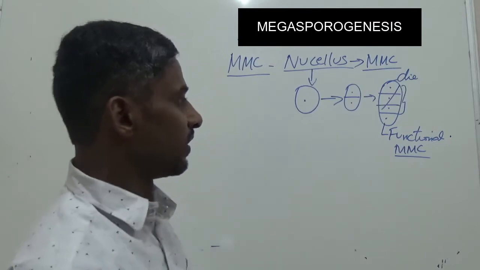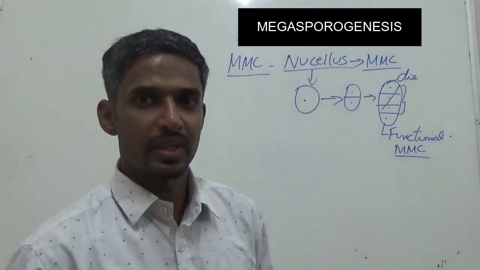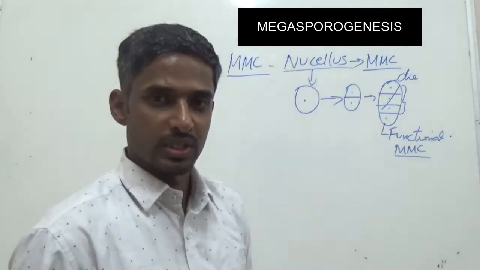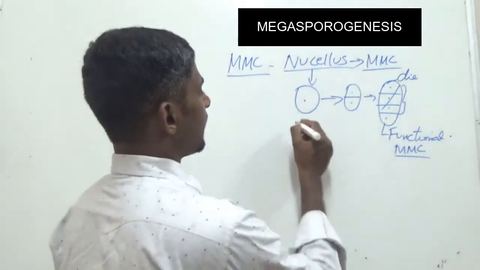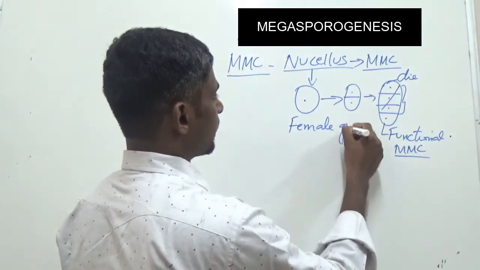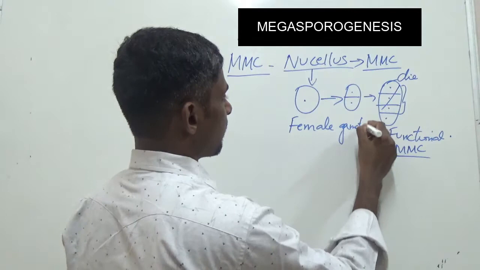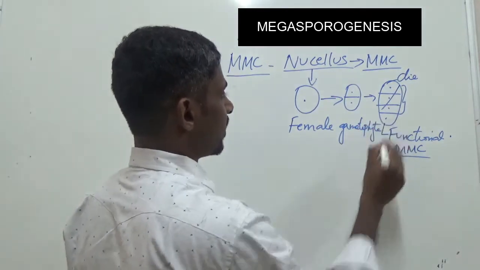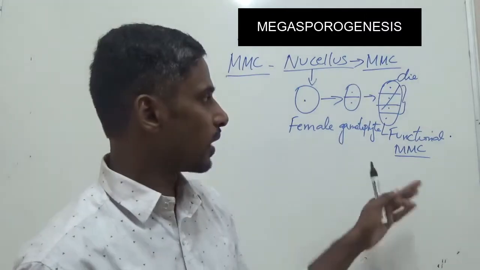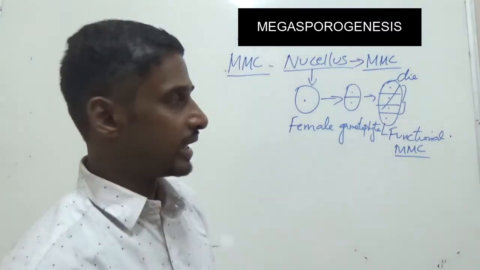So finally we get one megaspore mother cell. Now this megaspore mother cell will undergo changes and will give rise to the female gametophyte. Okay, female gametophyte. Now this process of getting the female gametophyte from one functional megaspore is called